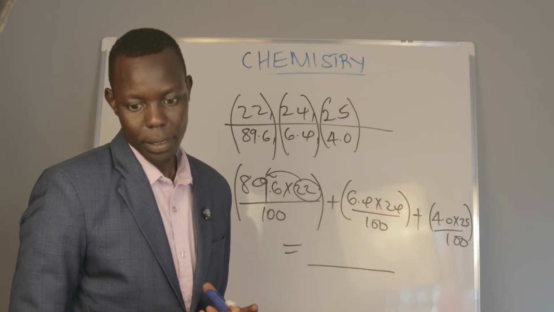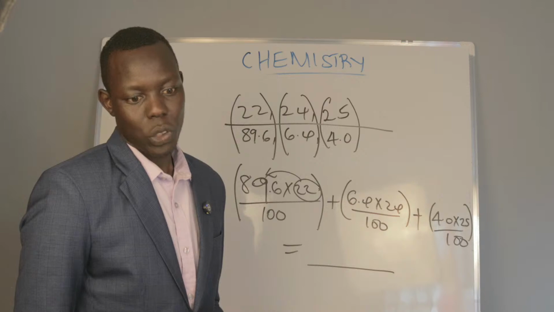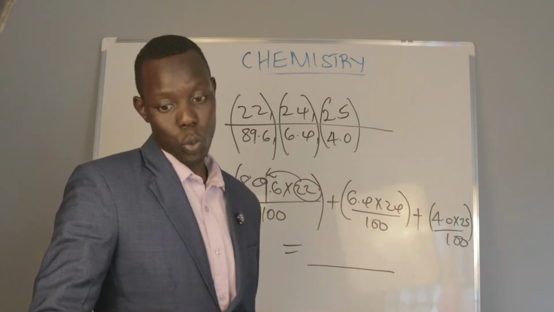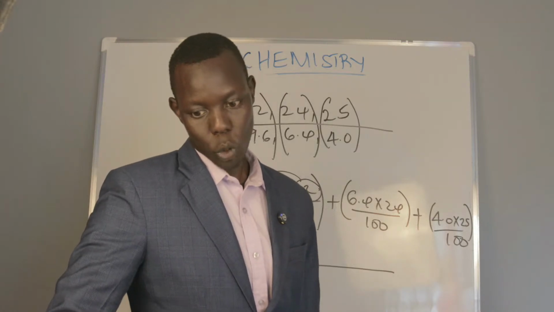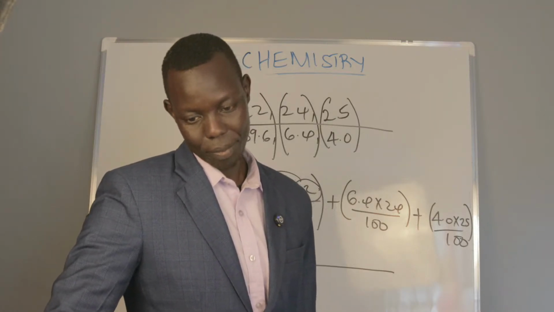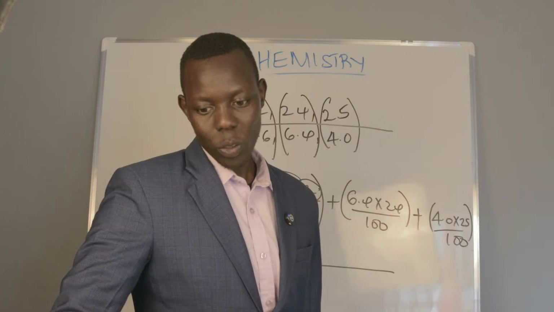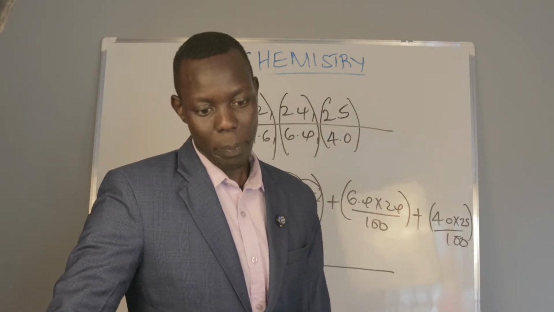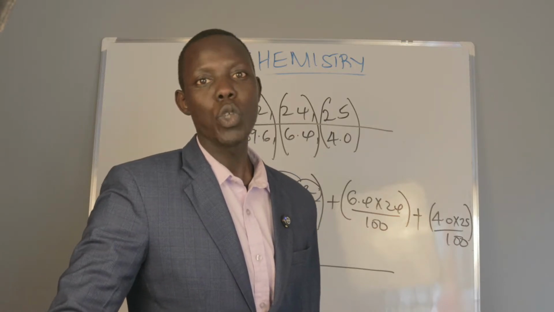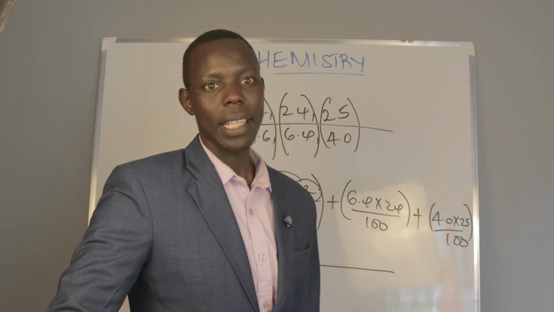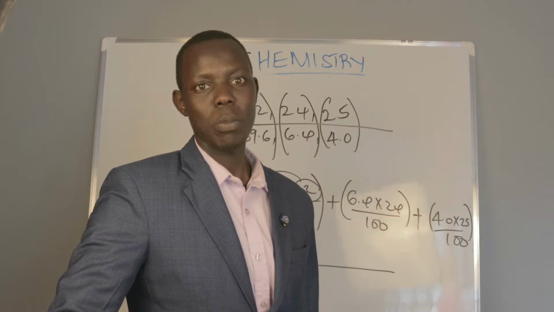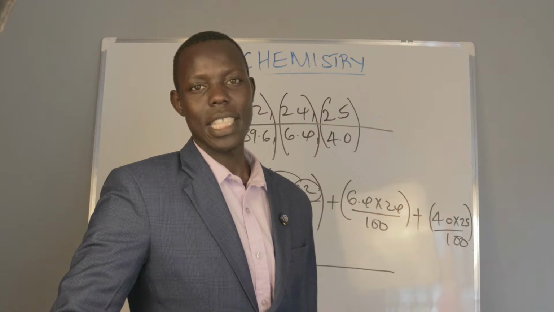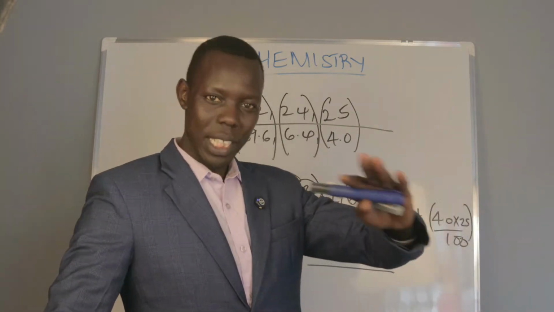Are you together? Yes. So you will get your answer. By the way, the answer is 22.25. Most of you have gotten it. Also, whoever writes 22.248 is correct because you can leave it unrounded. Especially in chemistry, they don't give you rules. Not like physics and maths, with 2 decimal places, 3 decimal places, 4 decimal places. Once you get it, if you round off it is fine, and if you don't round off it is still fine.